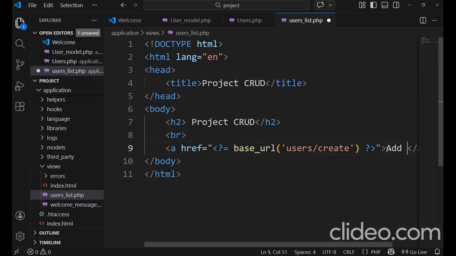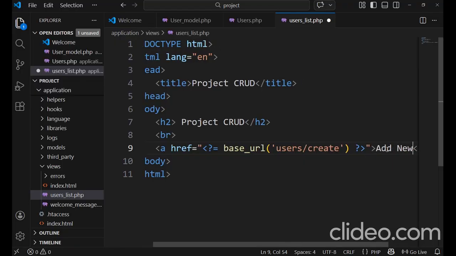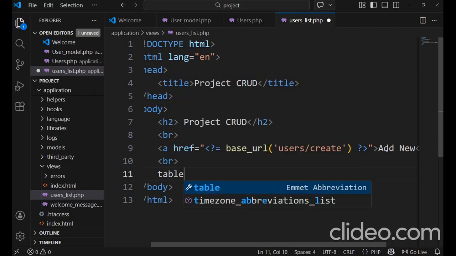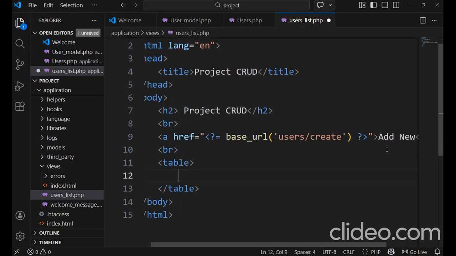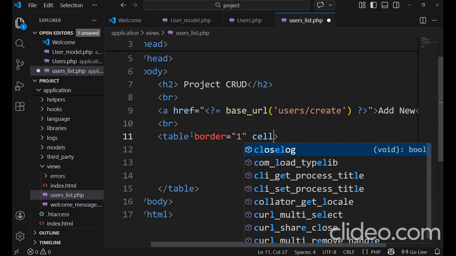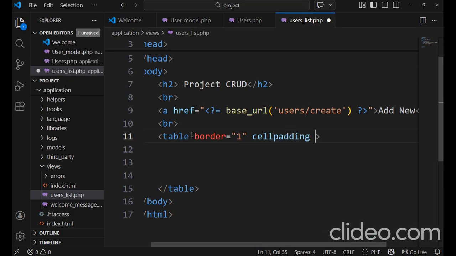Add new. Now on the br tag to create the table. In this table, border is equal to 1. Okay, cell padding is equal to 5. Now